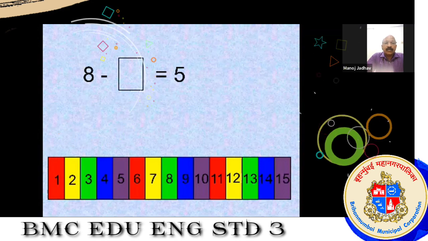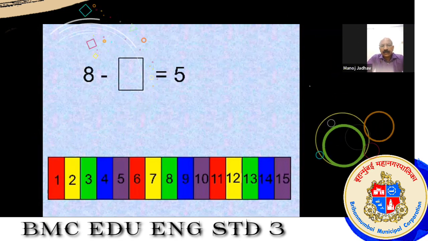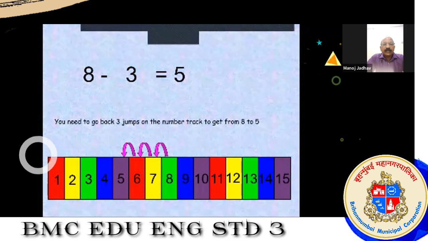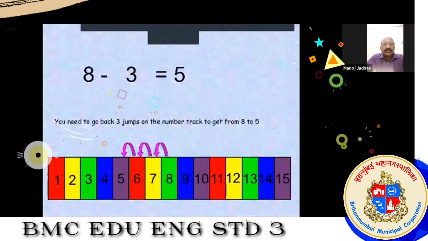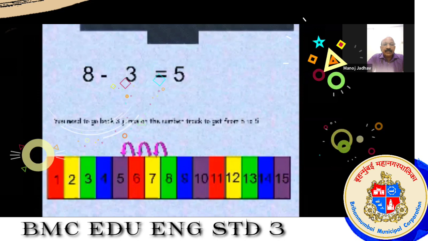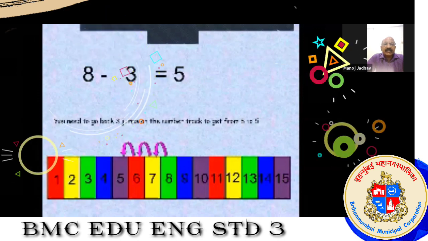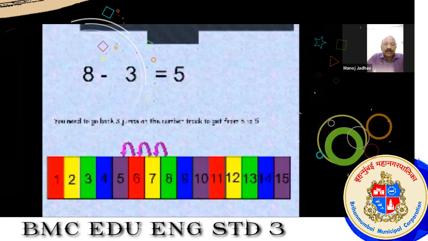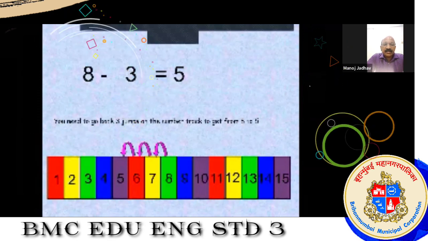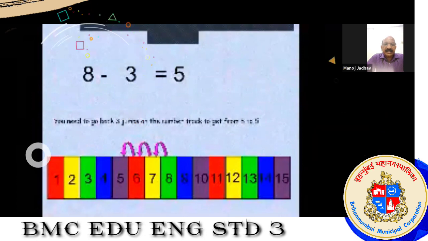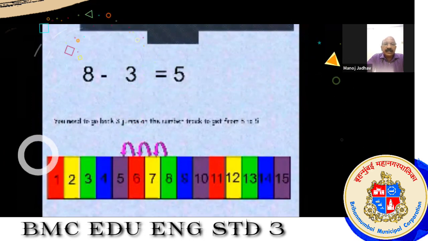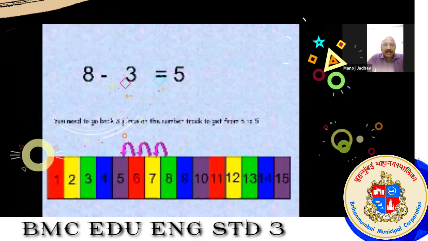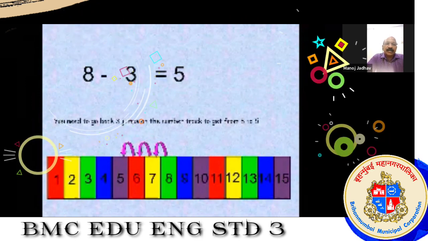Okay, now see, we are standing at 8, and now we are going to take first step. This will take us to 7. Next step we will reach at 6, and third step we will reach at the 5, right? So how many steps we took? 3 steps. Sanskrit and Krish, right answer, dear. Very good. Now you are too fast. I hope you understand the concept of subtraction. Let us see one more example.